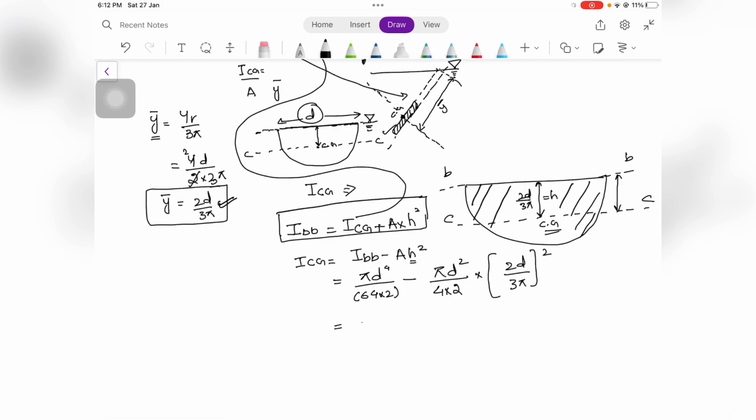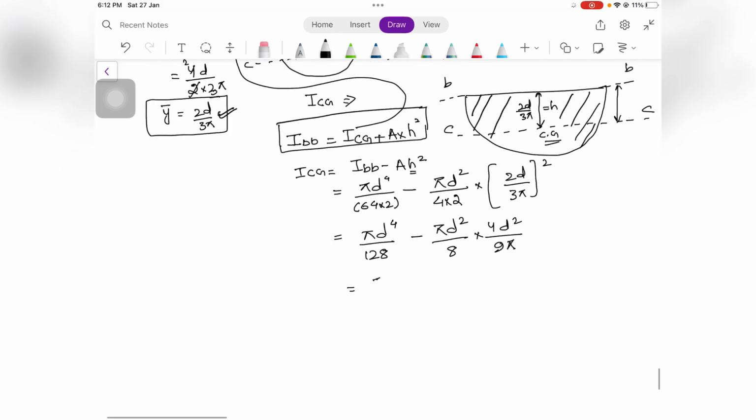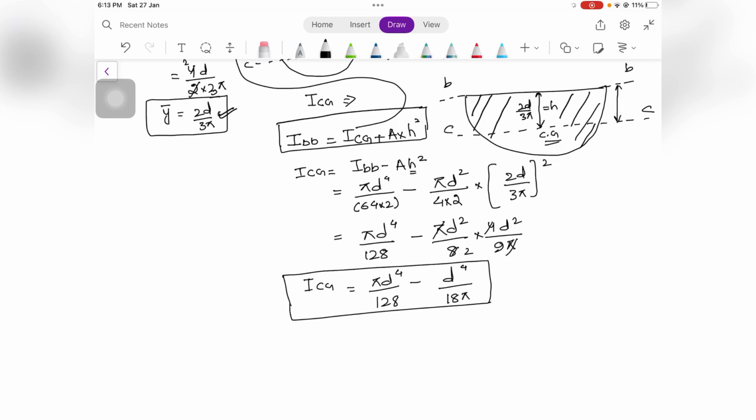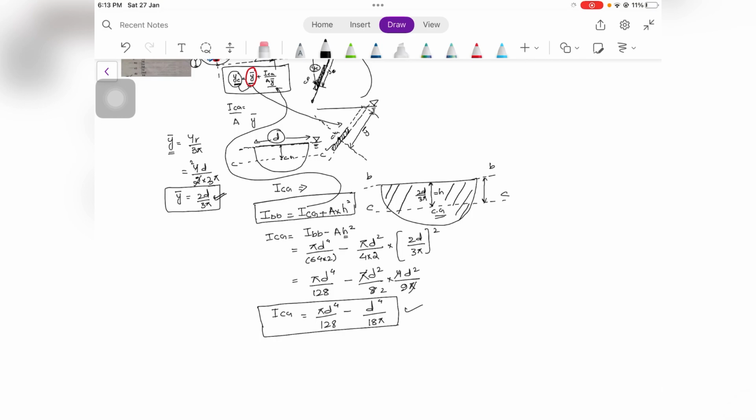All right, so let us simplify this equation. All right, so we can rewrite it as, all right, so this is the second part of the equation where we have arrived at the value of the